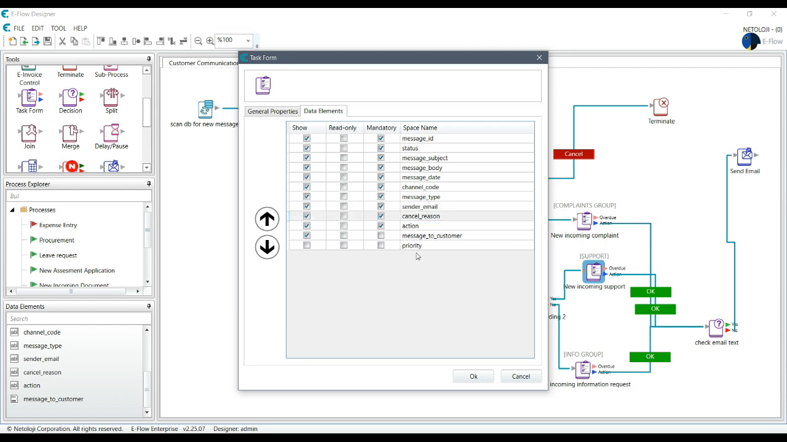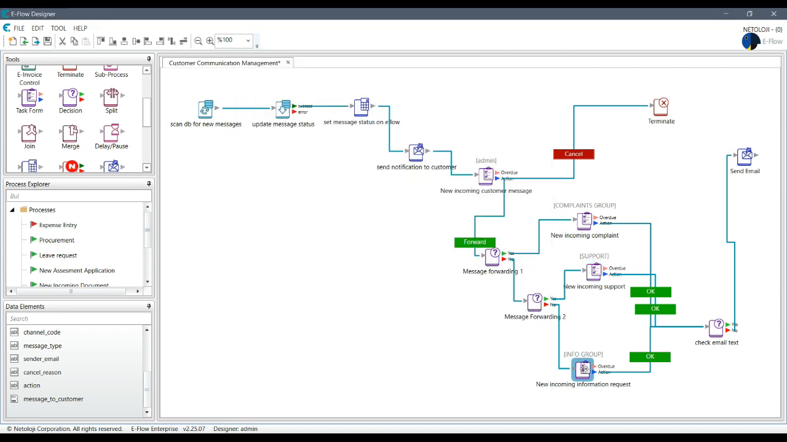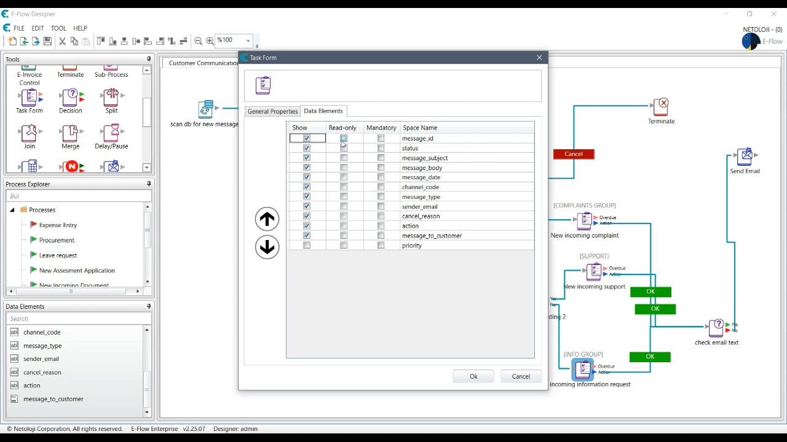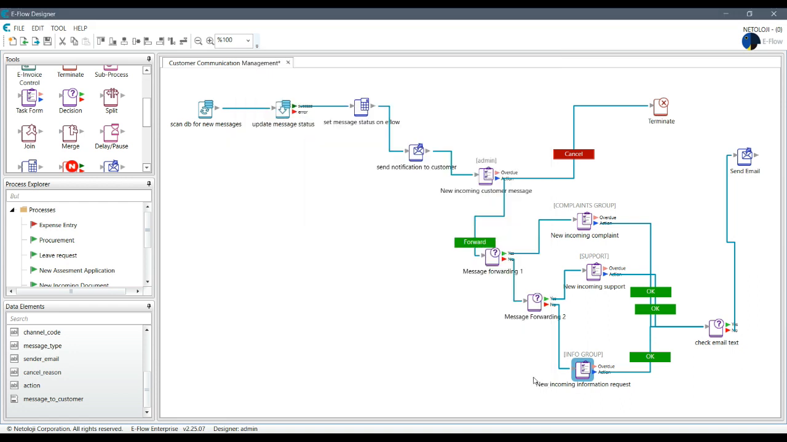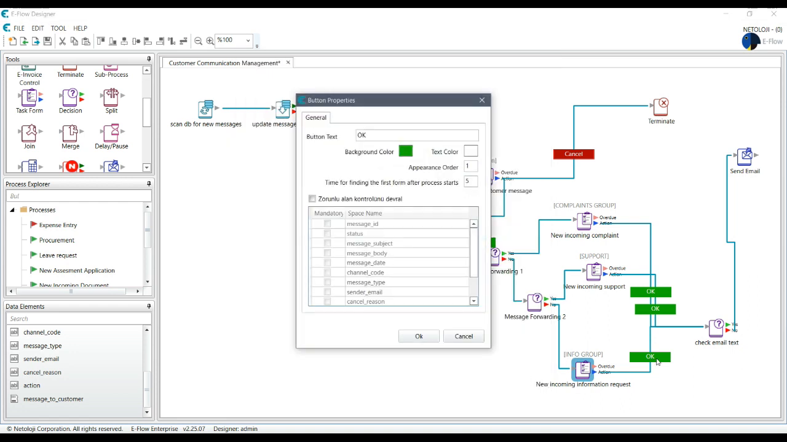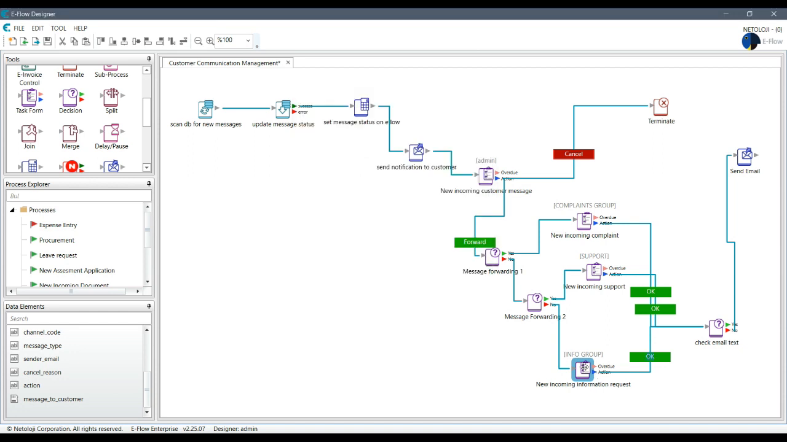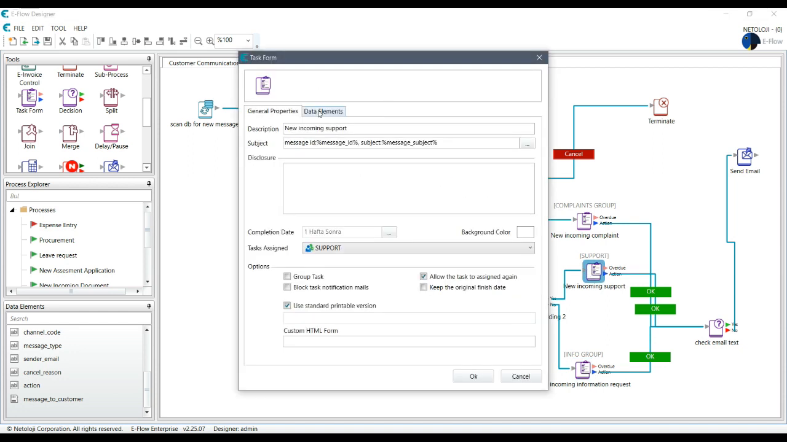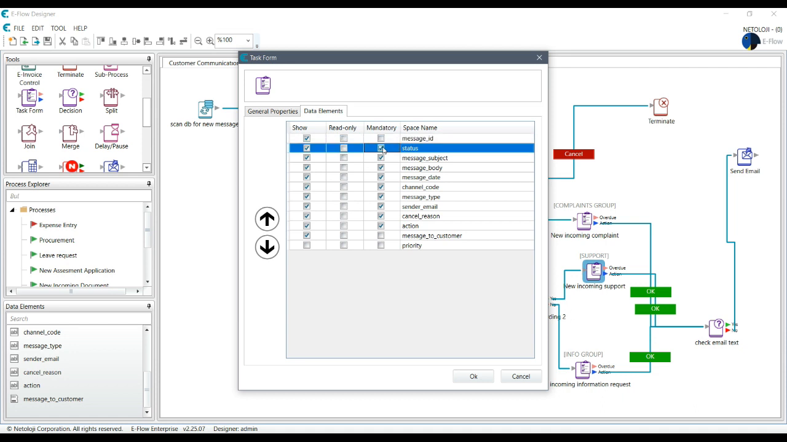Oh sorry, I think I made it mandatory instead of read only. Action will be mandatory, but the rest will be, okay, read only. That's cool. I'm not gonna deal with the rest. So